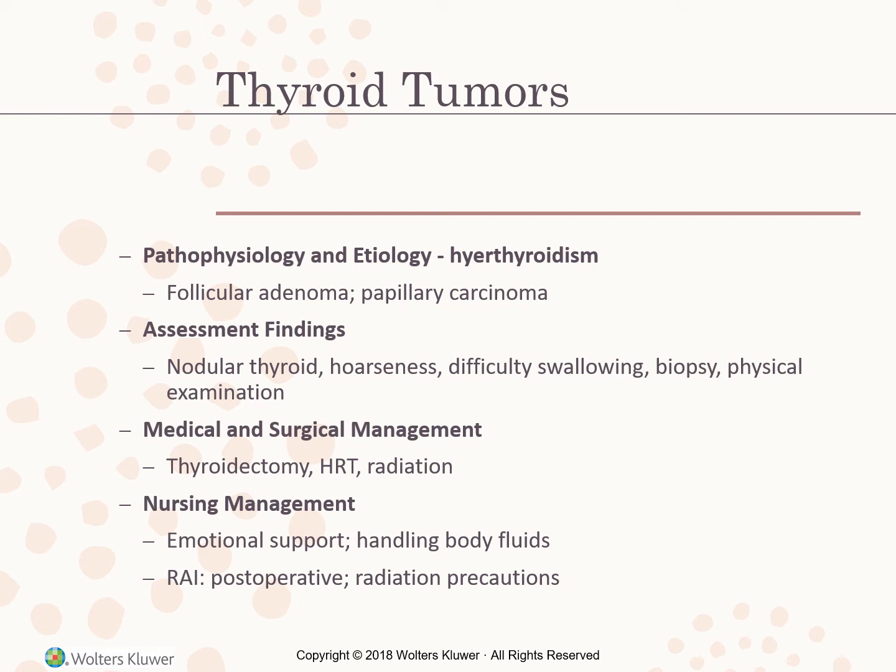Papillary carcinoma is the most common malignant lesion and usually occurs in patients who have received radiation treatments to the head or neck region in the past. It tends to spread only to nearby lymph nodes and will rarely spread to other parts of the body. But the cure rate of thyroid cancer depends on the type of tumor.